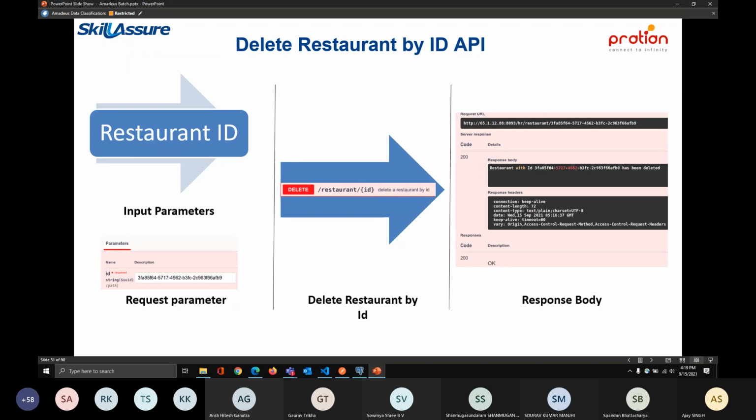Very good afternoon, everyone. I am Nisarg from the HR restaurant team, and I'll be explaining a few services and the endpoints. So we'll be starting with the delete restaurant by the ID, which is an API endpoint that does exactly as the name suggests. It is responsible for removing a particular restaurant mapping from a database. It basically takes a request parameter of the restaurant ID within the URL itself, and with the help of a delete endpoint, it removes the restaurant from the database and responds with an appropriate message. Moving on,